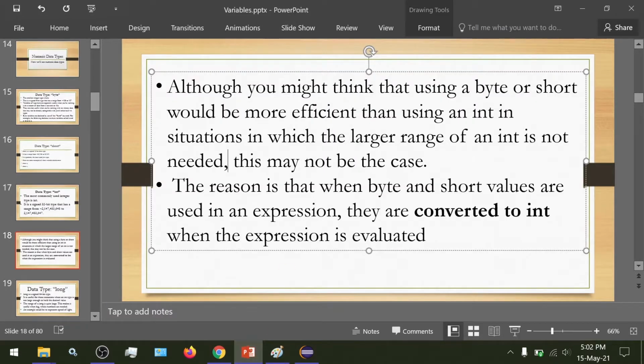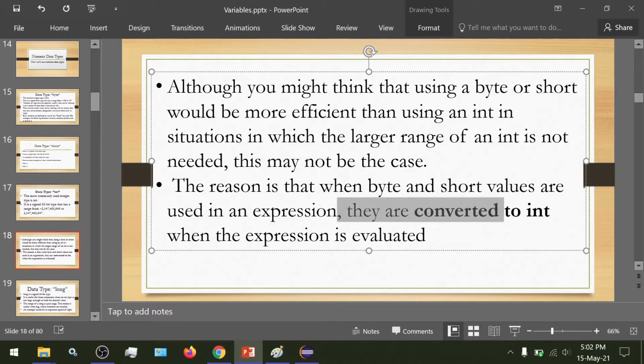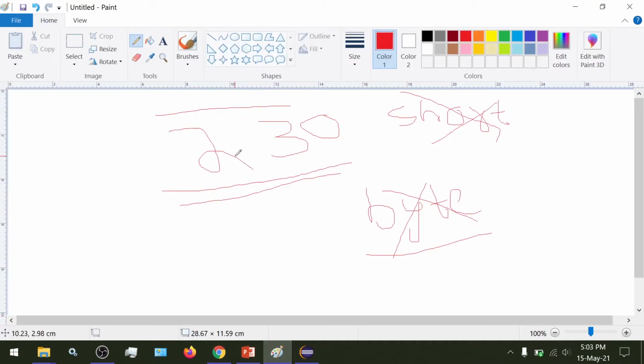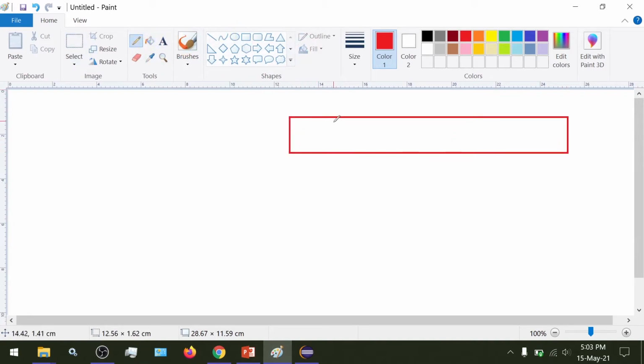The reason behind this is that whenever byte and short values are used in an expression, they are converted to type int when the expression is evaluated. I'll repeat, they are converted to type int when the expression is evaluated. So what does this mean? Let's say we have a byte type of data. Suppose we have this byte here of data type byte.